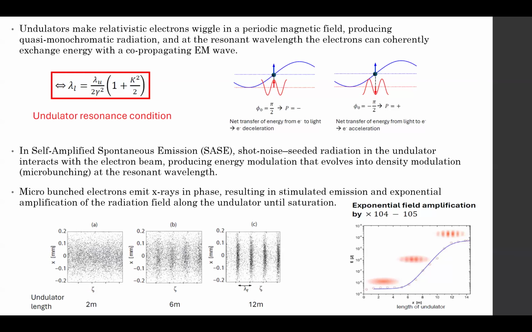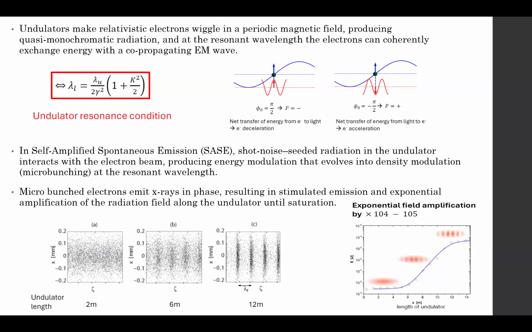So basically, you have your emitted synchrotron radiation that is interacting back with your electron beam. Then what happens is a process called self-amplified spontaneous emission, or SASE, where due to some density fluctuations, which can be classified as shot noise, these small density fluctuations within the electron beam try to emit radiation at the wavelength matching lambda L, which is the undulator resonant